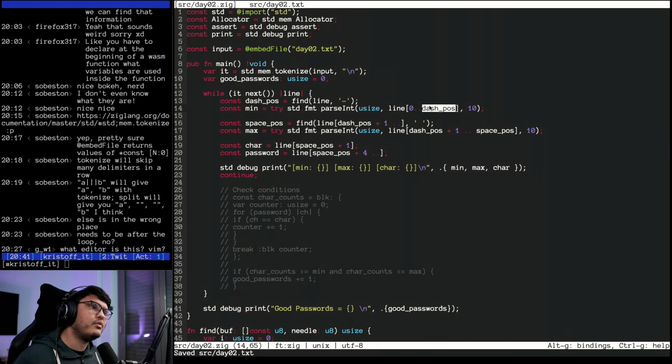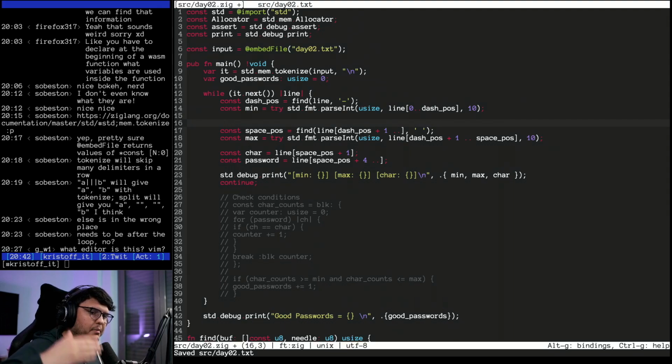Oh, wait. I know one thing that is happening that is wrong. Now that I think about it, if I'm passing to find sliced, like reduced versions of the original slice, I can't then use the returned index, because the returned index is relative to my slicing. That's a problem. I can't use that as the second end. So I need to make, I guess, partial slices as I move forward. That's one way of doing it, I guess.